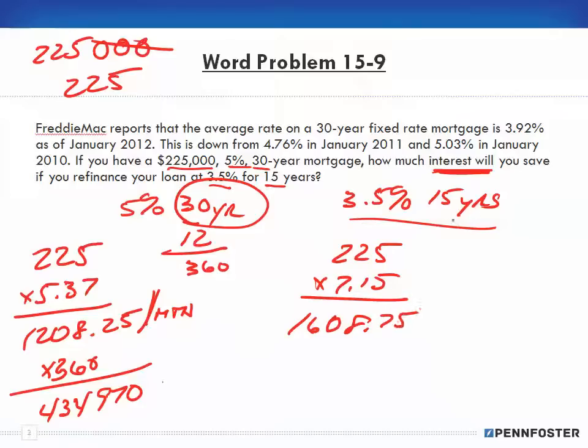Okay, now we have 15 years, and we're going to multiply that by 12 months in a year. That means we have 180 months, 180 payments. So we multiply the 1,608 times the 180, and we end up with